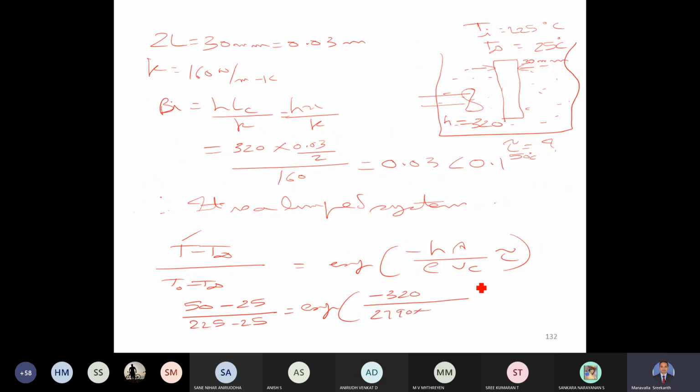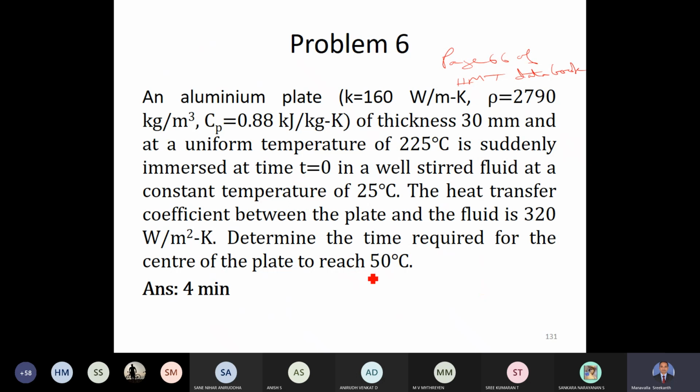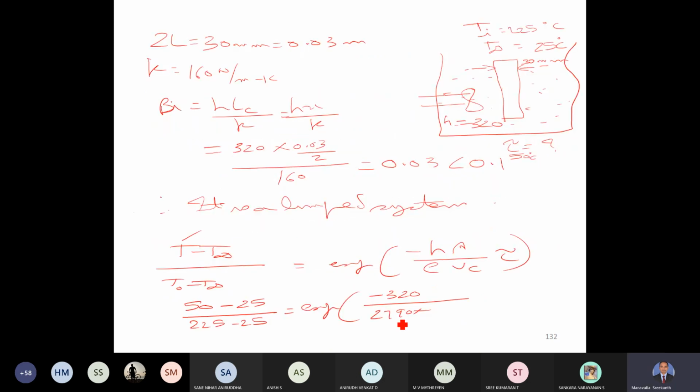And specific heat is given as 0.88 kilojoule per kg Kelvin, so we'll have to substitute in terms of joules: 0.88 multiplied by 1000. So H is 320, rho is 2790, C is 0.88 multiplied by 10 power 3,